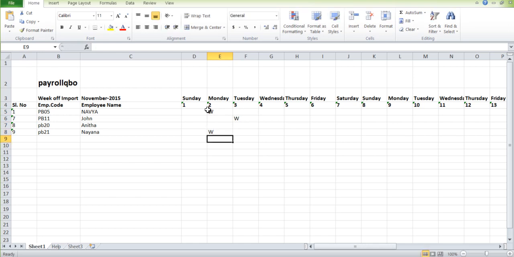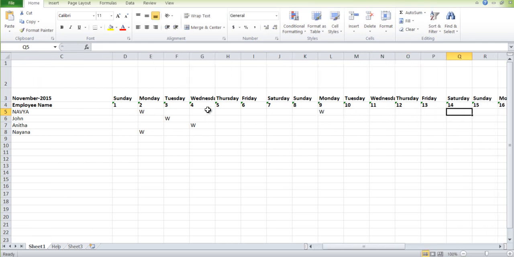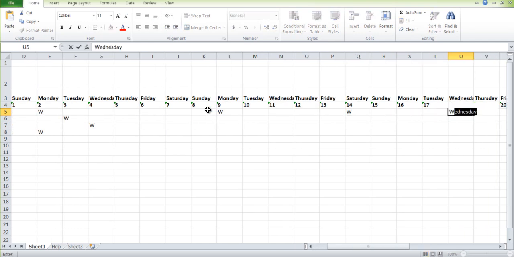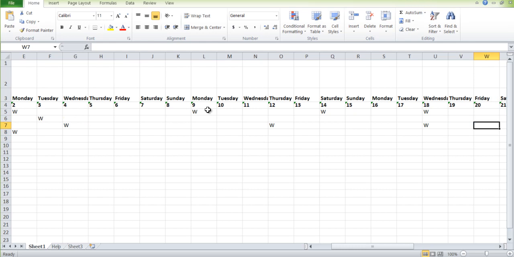If every week it differs, or whichever day is a weekly off for the entire month, you have to enter W. Like this you have to enter which are all days in that particular month as a weekly off, that you have to enter for all the employees.